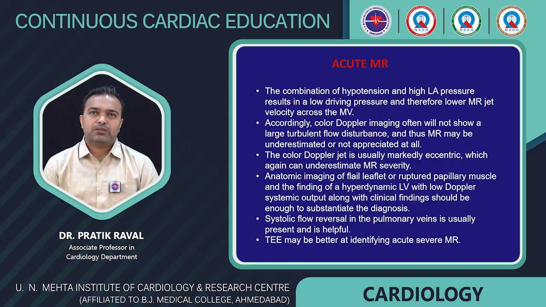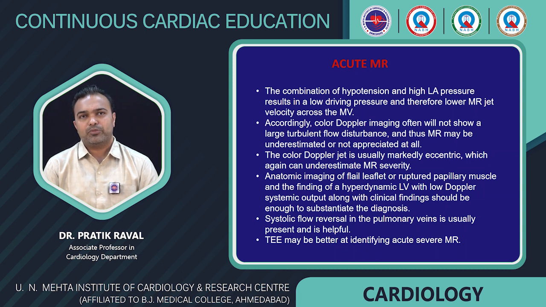So all these things we learned so far were for chronic MR. In acute MR, things are very different. In patients with acute MR, there is usually hypotension and high LA pressure because the LA doesn't get enough time to dilate. So this results in low driving pressure and therefore lower MR jet velocity, and accordingly the color Doppler jet, which is very large in patients with chronic MR, in acute MR the Doppler jet area is very small,